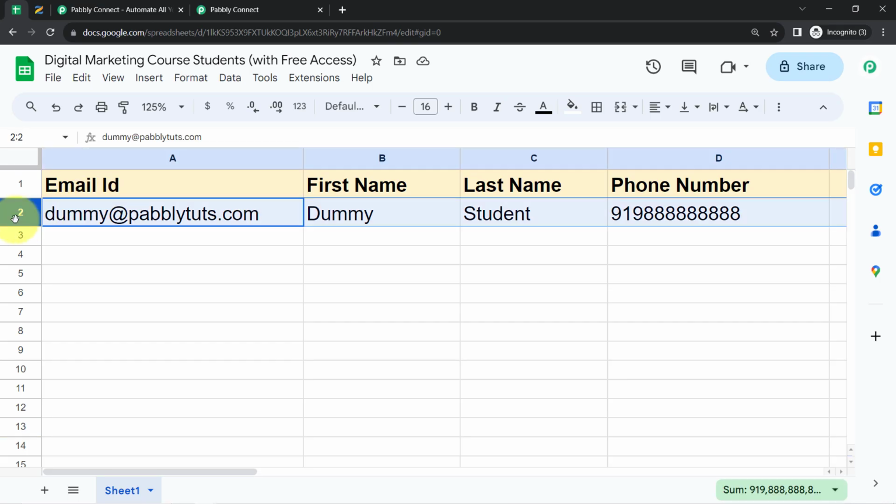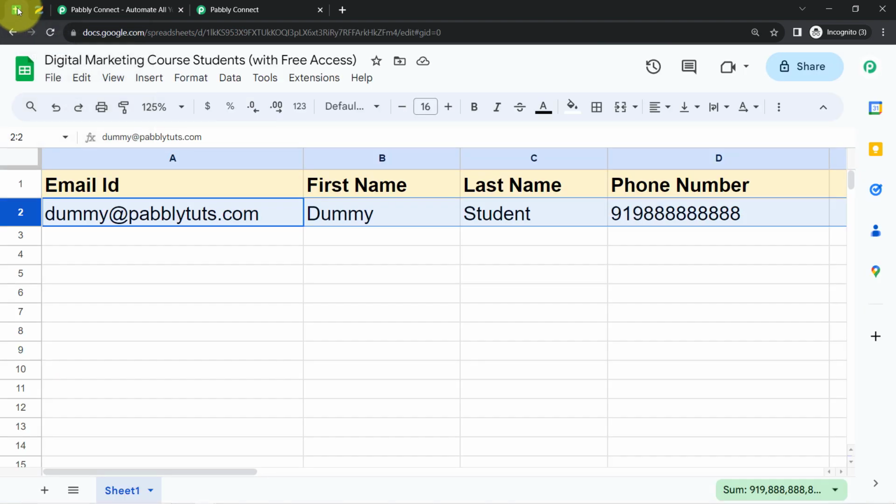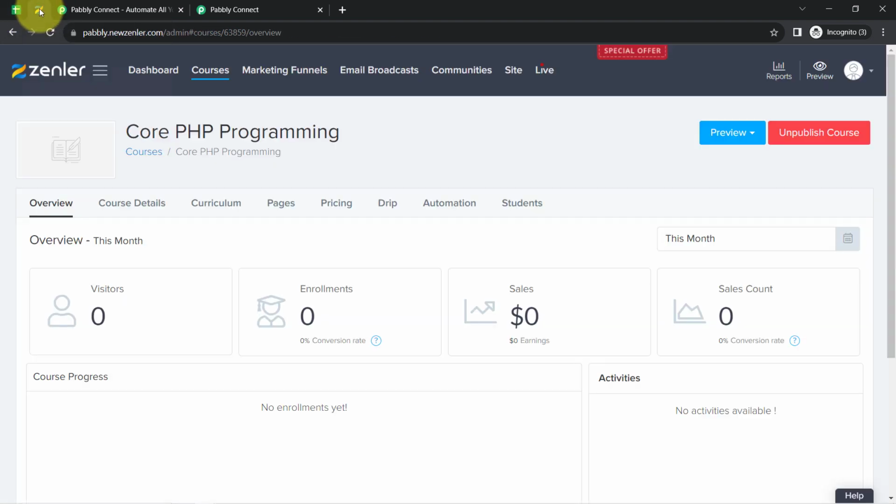So this is my spreadsheet where I have added the data of student and I want to remove the access of these students from a course of Zenler and I am going to automate this process. You just need to add the detail in sheet and you will notice how the access will be removed automatically from the specific course. For that, firstly, I'll have to build an integration in this Google Sheets and Zenler application,